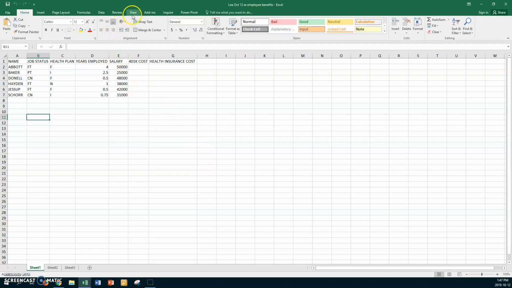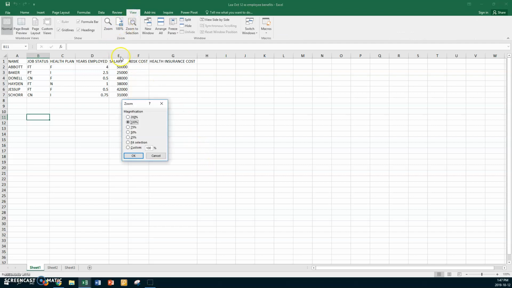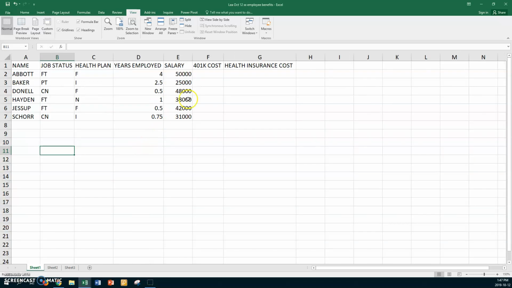Now I'm going to one more time go to View. I want to go to Zoom, and I want to go to 150. Okay, so our first instruction says the